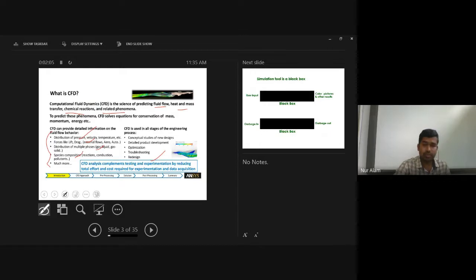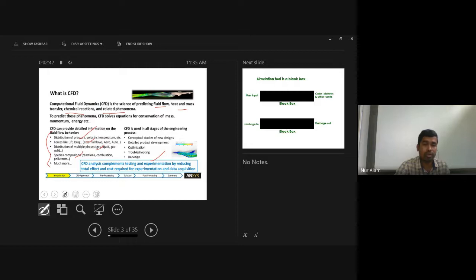Because most of the time, we want to minimize the effort required in experimental analysis by performing CFD simulations. For example, suppose we want to make one turbine blade. If we change some parameter repeatedly, make the model, and perform experiments each time, it will take time and cost.